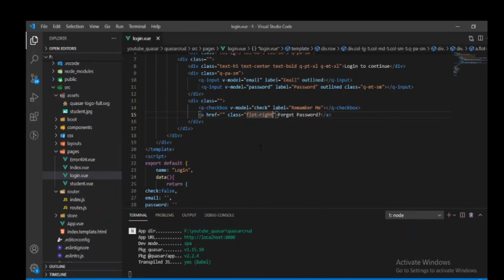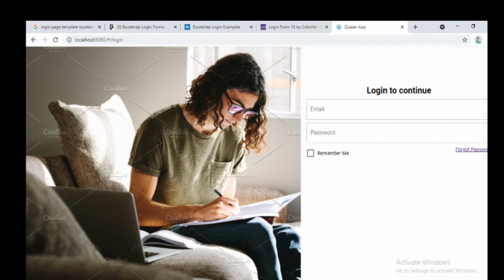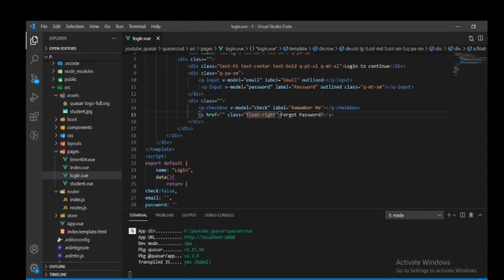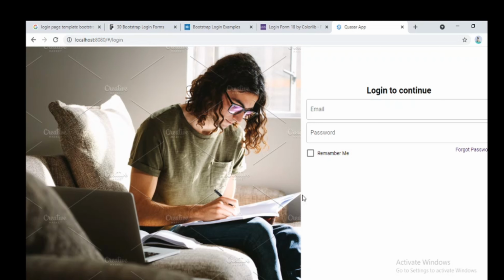Okay, so we will, sorry, 80. Yes, okay, we will remove the underline. For that we will need style, text-decoration, none. Okay, yes.